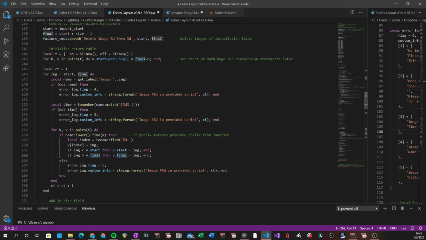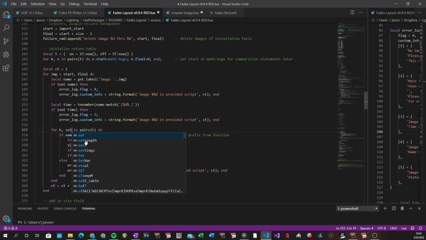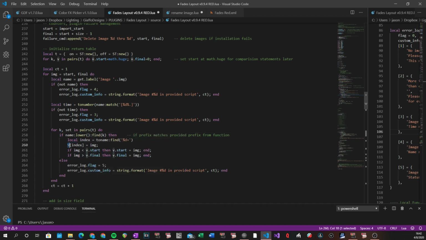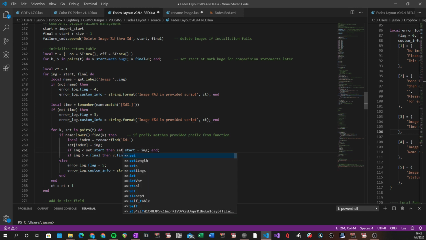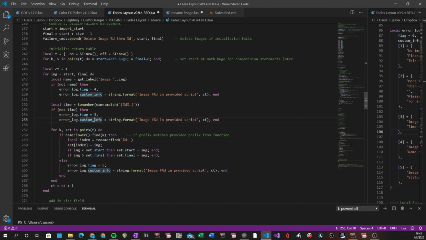Okay, first off, let's change this because that is confusing naming. So I know that I'm working with a set of images that is being passed along as a table. It makes it a lot easier to understand what's going on. Okay, set start. Set index equals the image. Great. So now I need to set